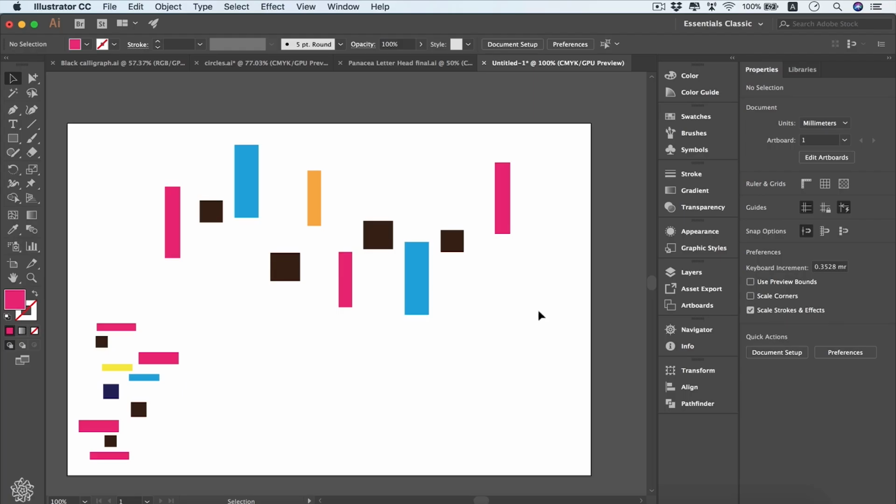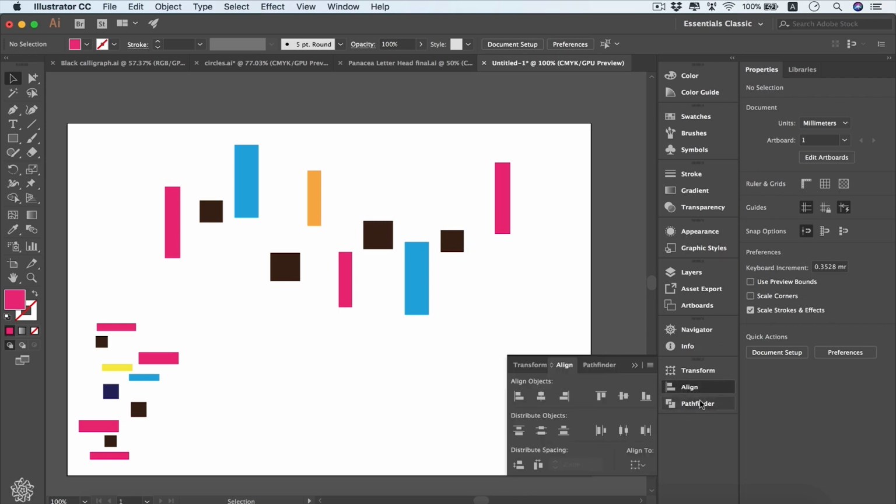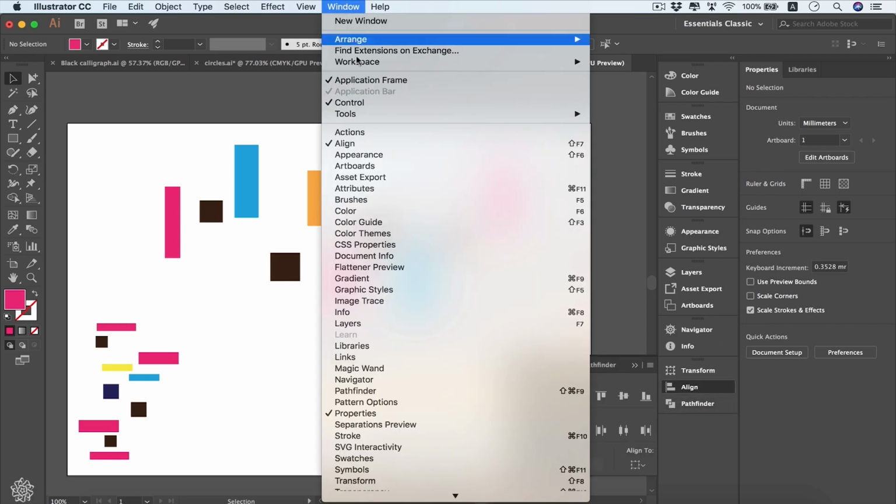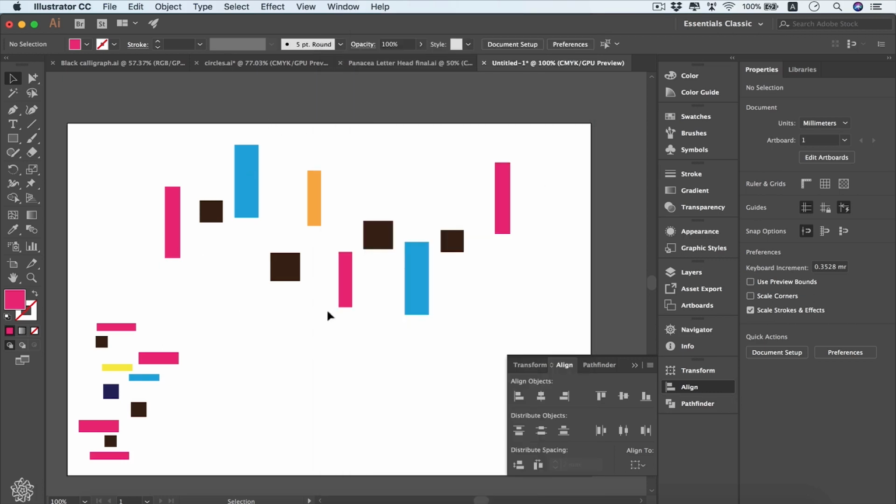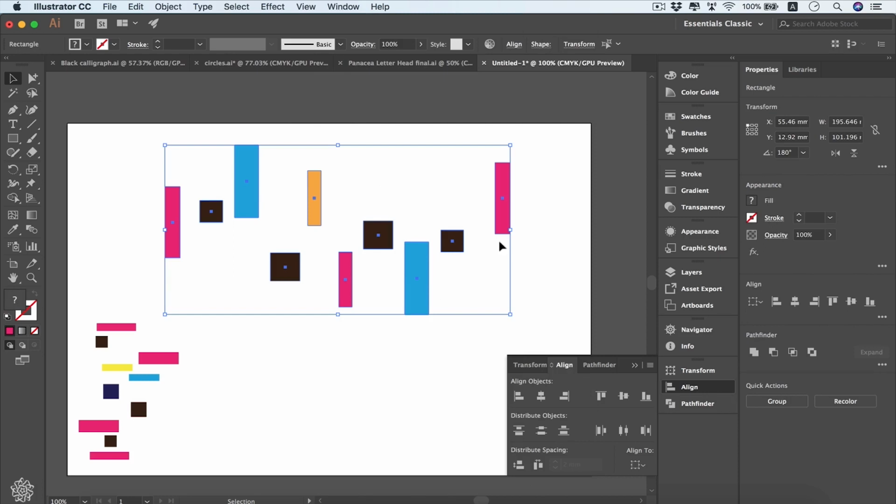In this video, we're going to be learning how to align these elements and how to distribute the spaces between these elements through our align panel from here. And if you don't see it in here, you can open it from window and choose align. So now we've got these design elements and we need to select them and we need to align them and